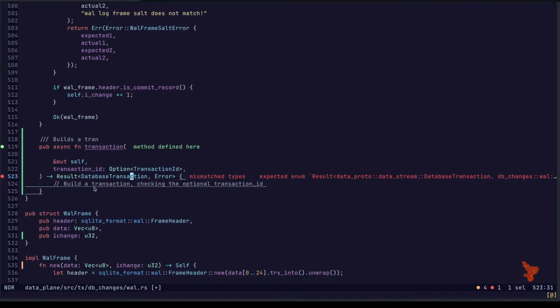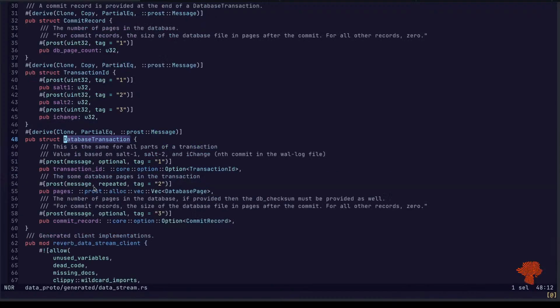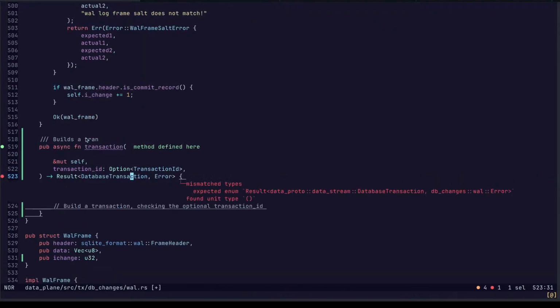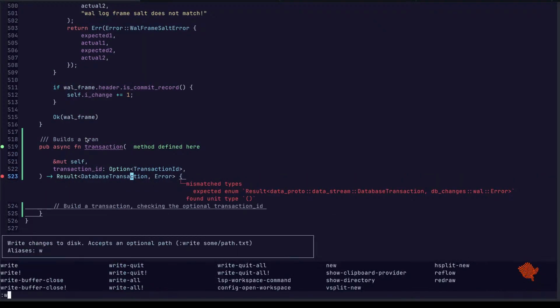Now, I call this a transaction. This database transaction, it's really a part of a transaction. Let's change that. Let's change this to like a transaction chunk or something. Transaction part. Transaction segment. I don't know.